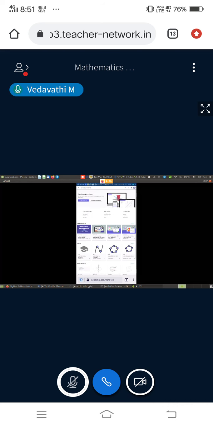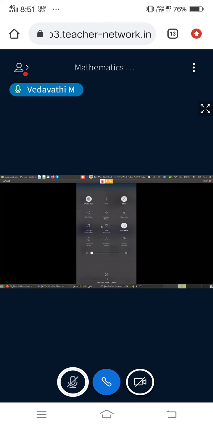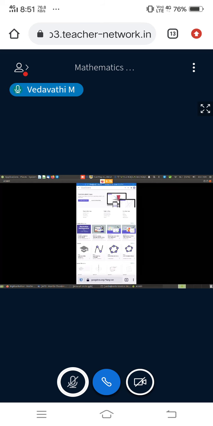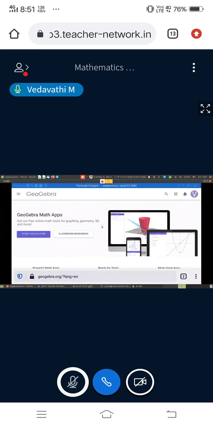On the top side you can see the search symbol. Let me switch to portrait mode so that you can see properly. Is my screen far better now? Can you see the logos? Yes. So I'll click on the search symbol.